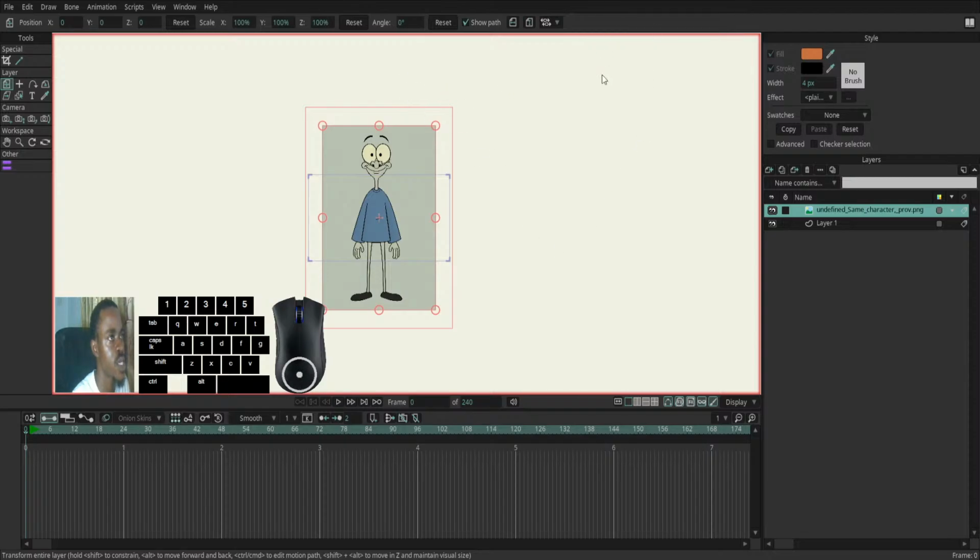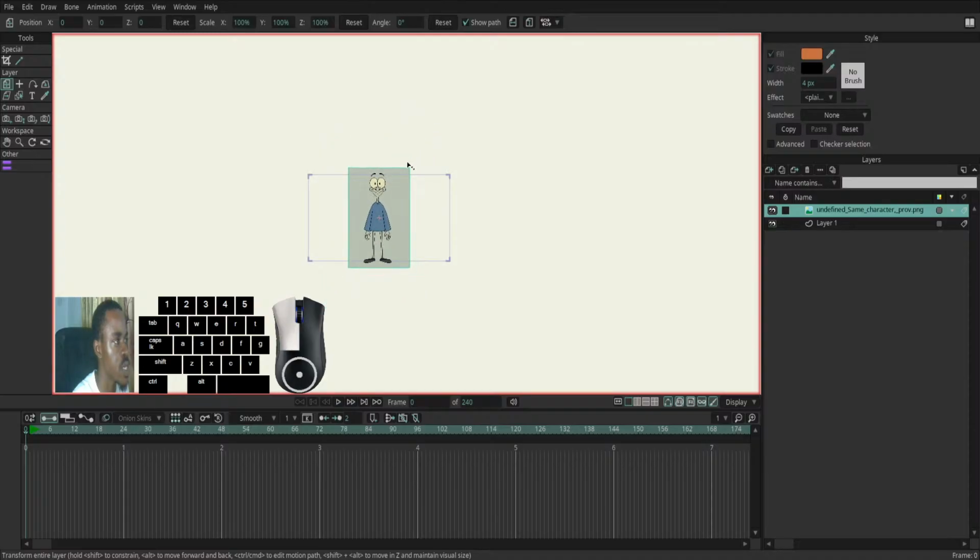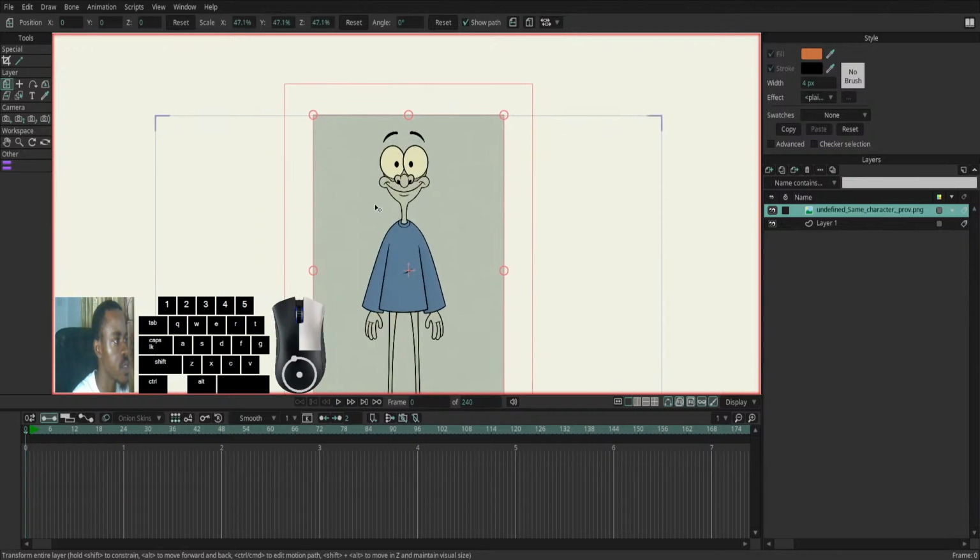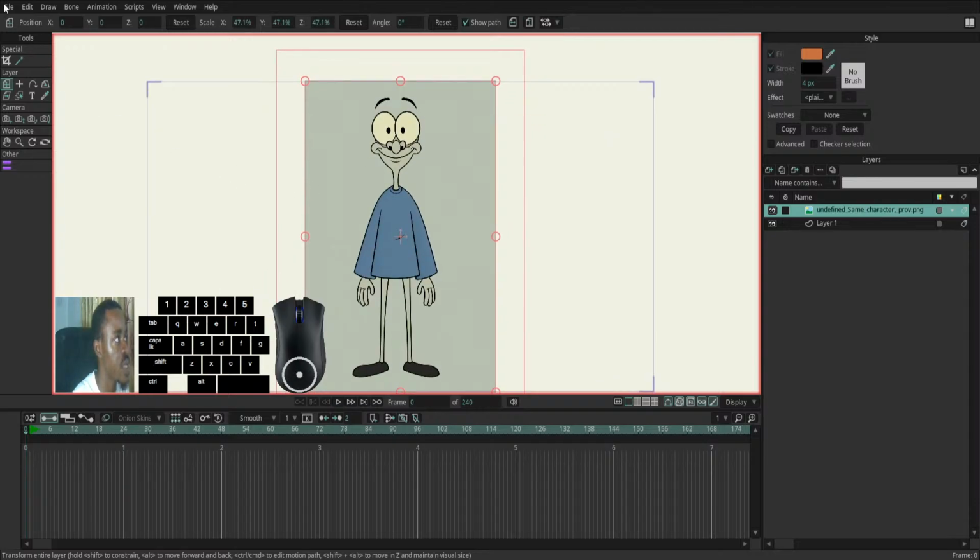From what you could see here, you could see that it actually cut out edges, which means that our image here is greater than the reference, and that is greater than the canvas. So this blue line here is actually our camera settings. What we can do to make sure it fits that area is to reduce it. You can see I'm just holding down my left click button and I'm dragging. Okay, so now if I preview that again,